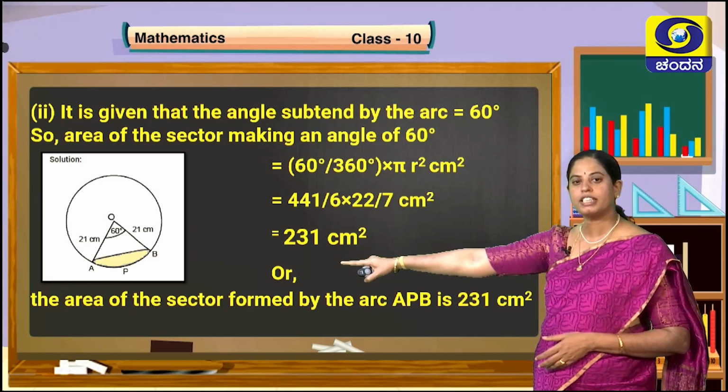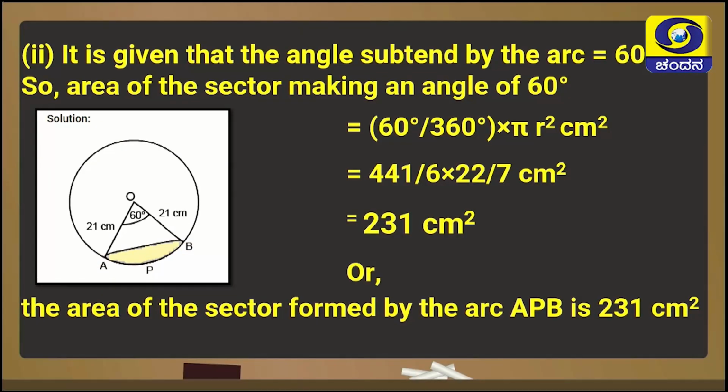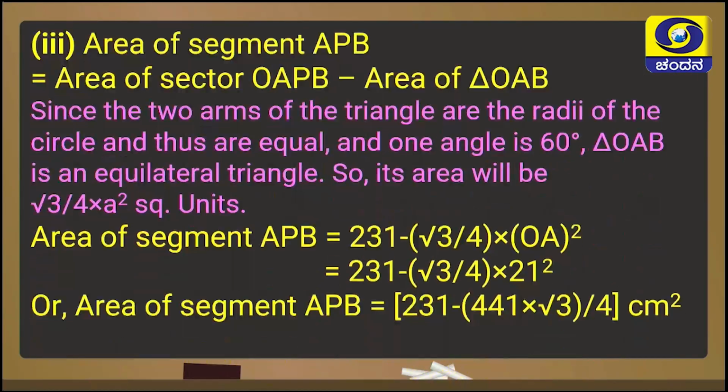To find the yellow shaded portion, what we need is we have to subtract the area of triangle AOB from the sector OAPB. Yes. So let us do that one. Area of the segment APB equals area of sector OAPB minus area of triangle